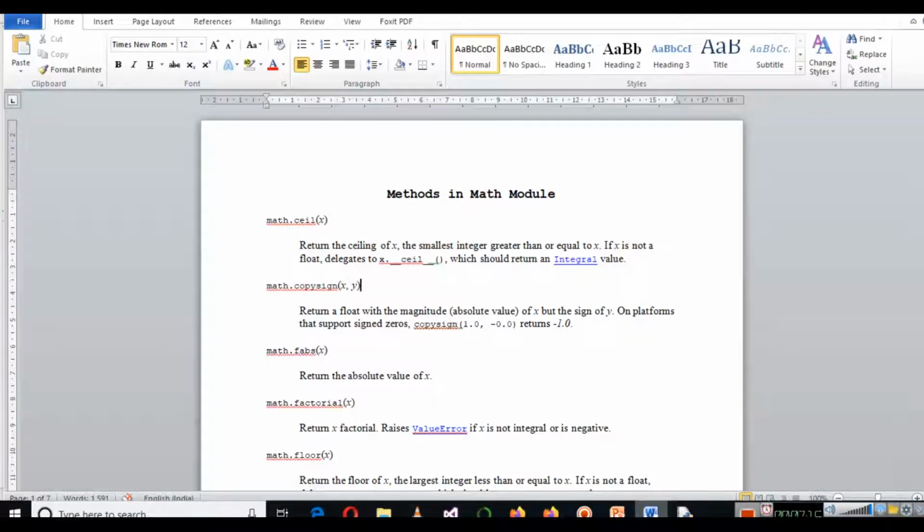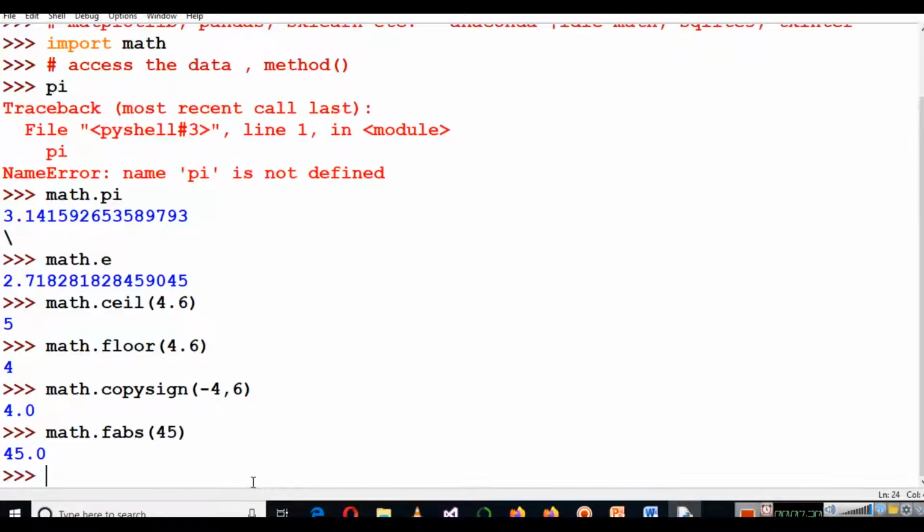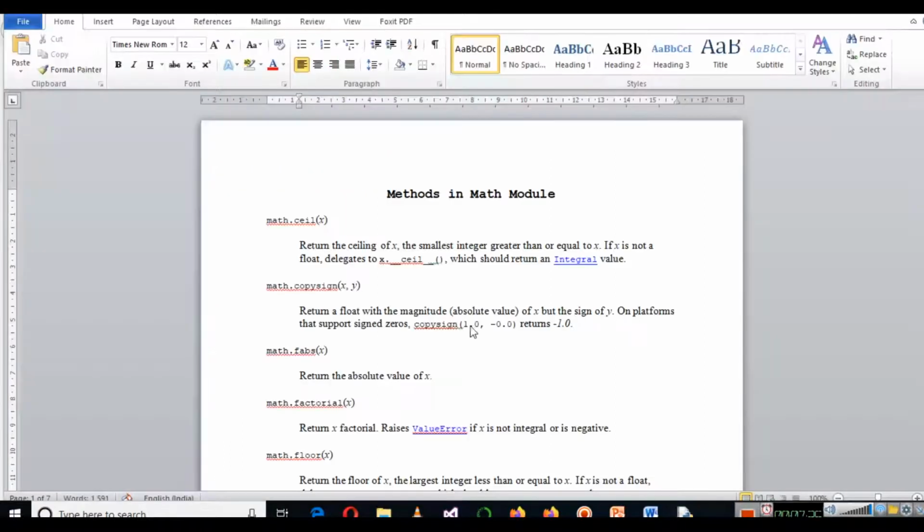Then we have the fabs method, which returns the absolute value of x. So I can write math.fabs, and let me write 45. So I am getting the absolute value of that particular number. Remember, the absolute value of any number is never negative.